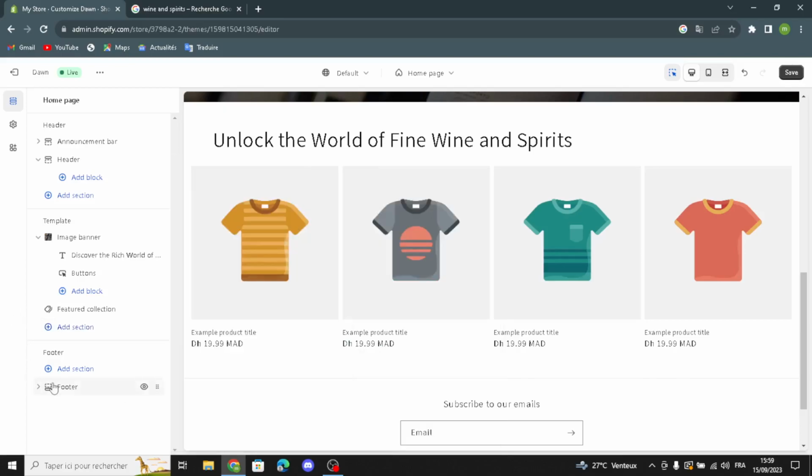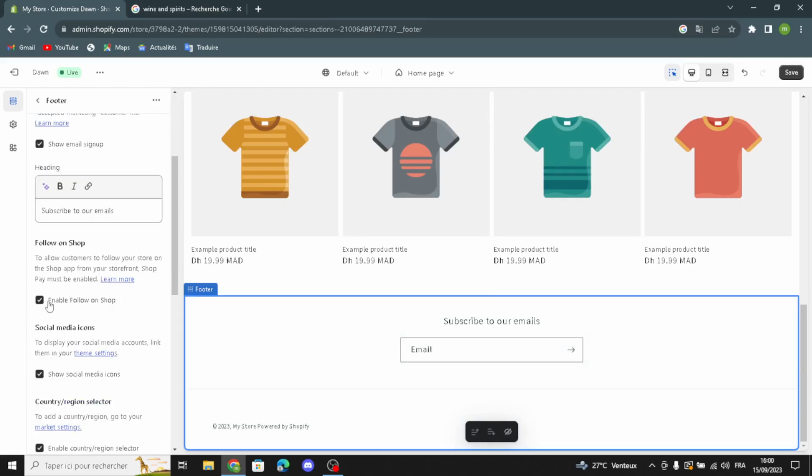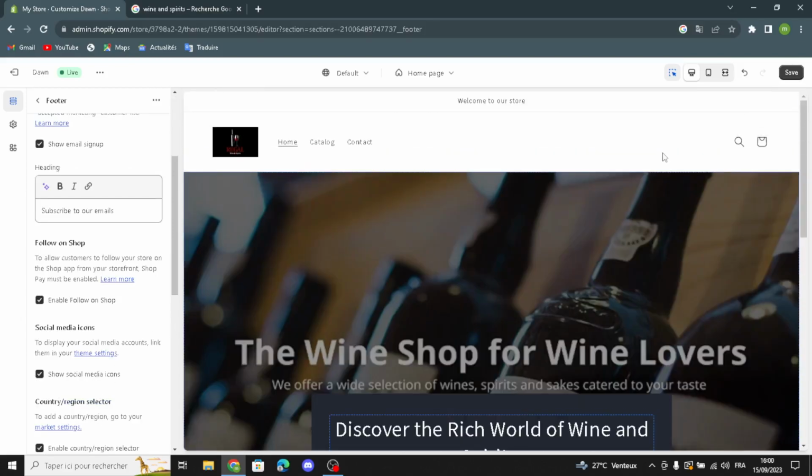So that's it. Now let's move on to the features section. So here you can change the color scheme. Also you can show email sign up. You can generate the text here. Just describe what this text is about. You can enable follow on shop. You can show social media icons. So that's it. Now after you're done designing your website and add your emails and all that,